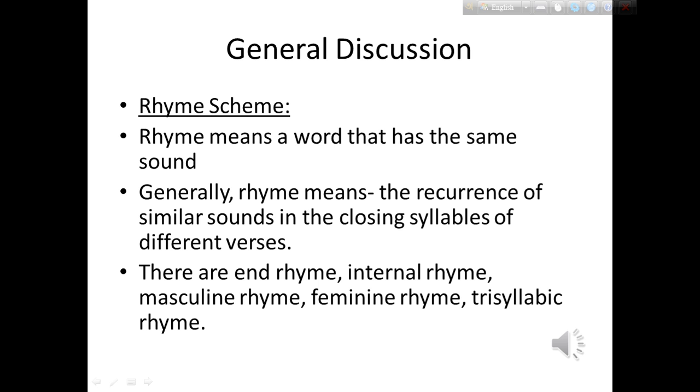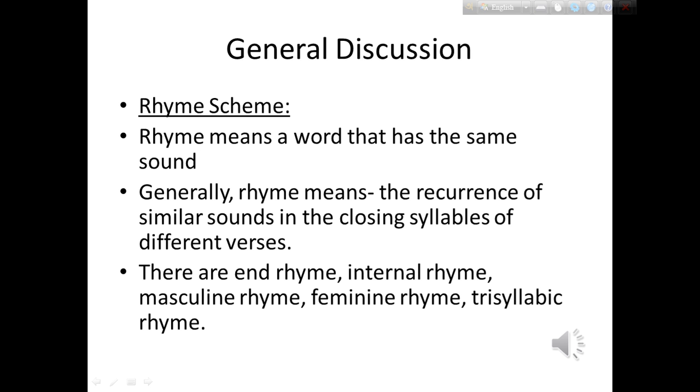Next point, rhyme scheme. Rhyme means a word that has the same sound. Making it a little bit elaborate, we can say rhyme means a word that has the same sound or ends with the same sound as another word. It means the recurrence of similar sounds in the closing syllables of different verses, and rhymes are used in short